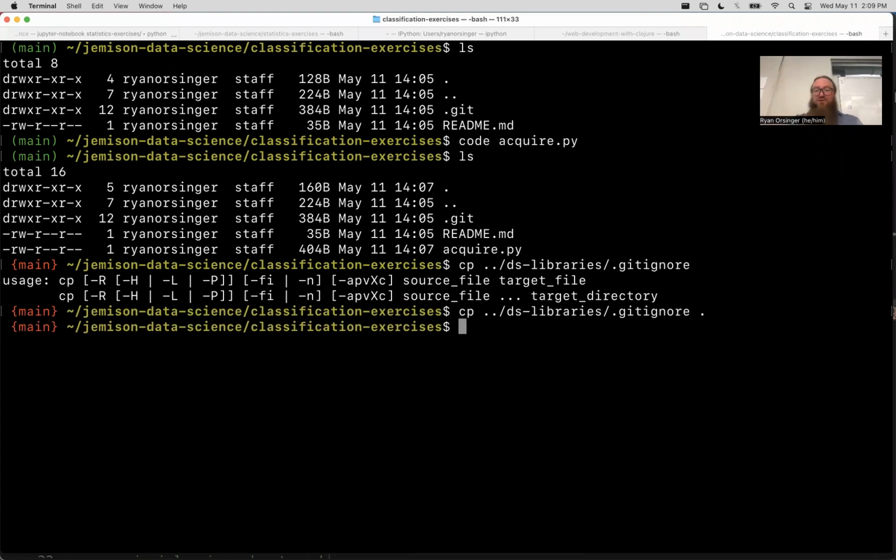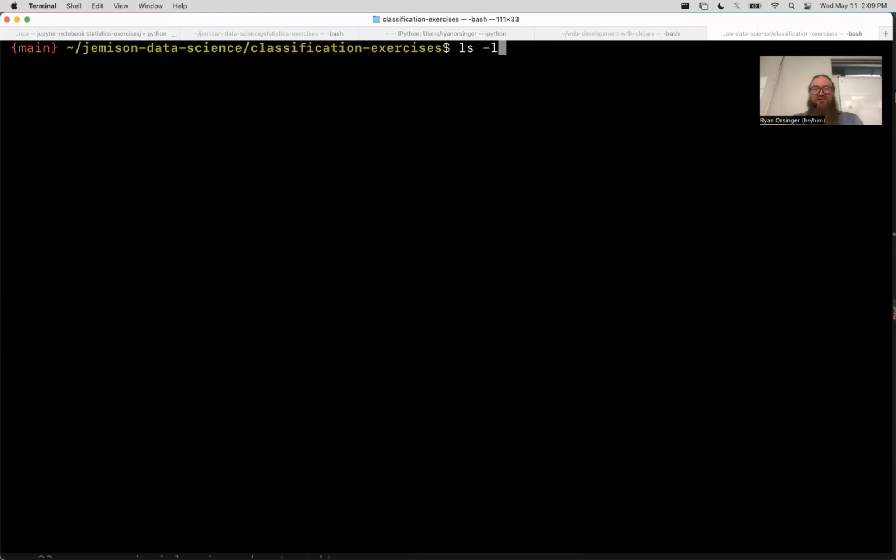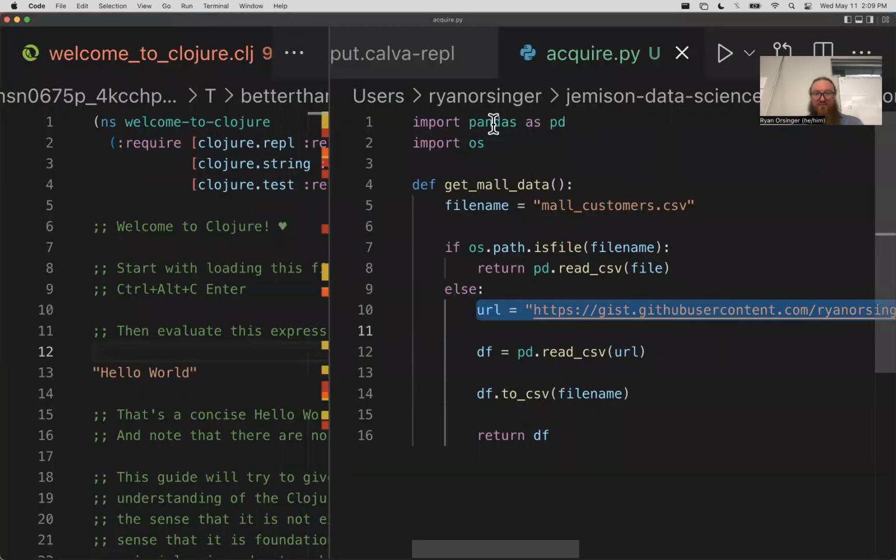Period means this here folder. And then I'm also going to copy from the DS libraries. I'll copy env.py. Put it right here, right in this folder. ls will show us, ls -la will show us we have the gitignore, we have the env. Which means over in my Python script here,